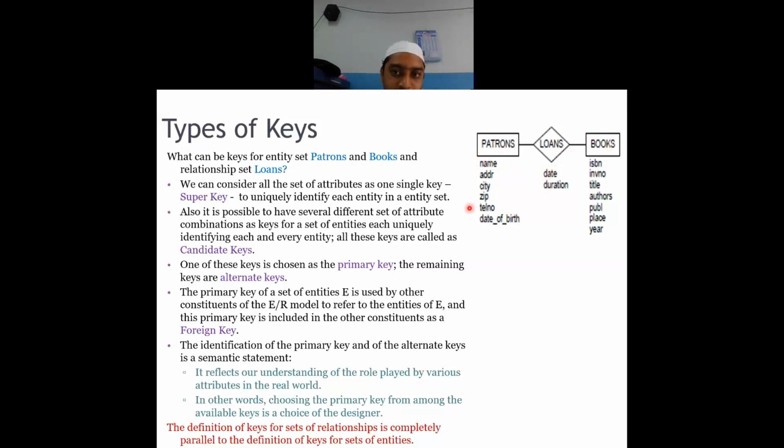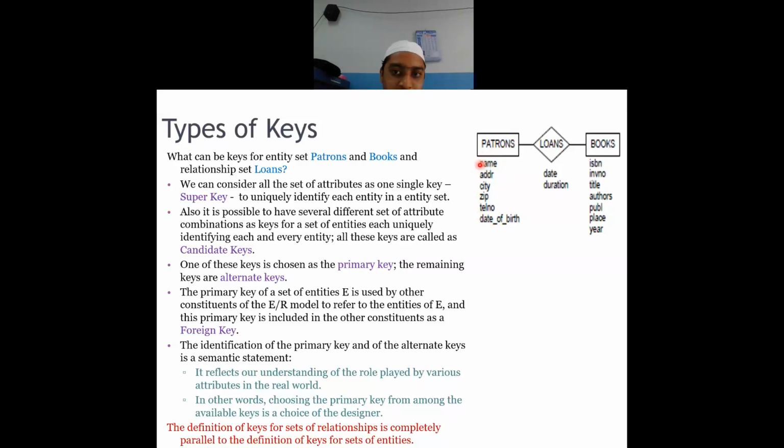And we were trying to determine which of these attributes, which one or two or combination of one or two, can be used to uniquely identify each pattern. Since this is an entity set, we need to identify each entity. We are going to take one attribute or a combination of attributes to uniquely identify the row. So in that regard, we have seen that if we combine all the attributes at a time, then that particular key is called a super key.